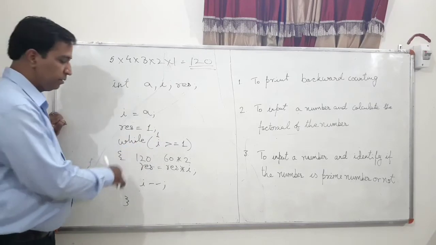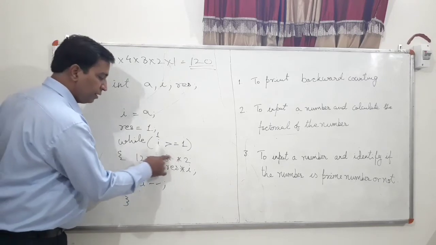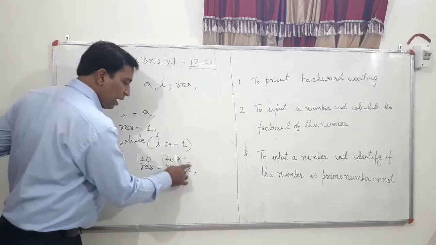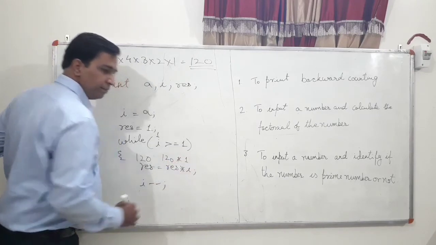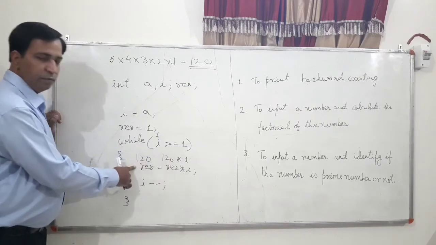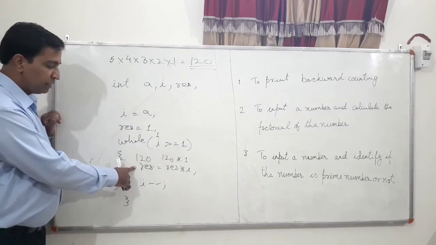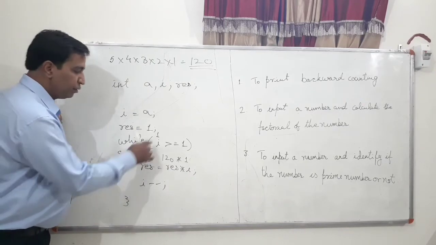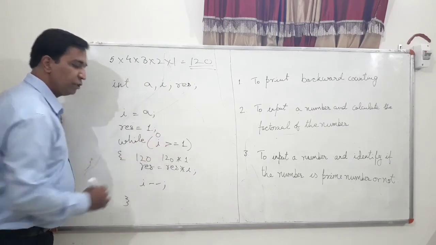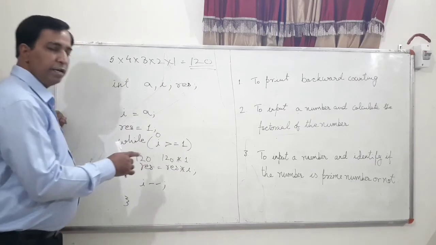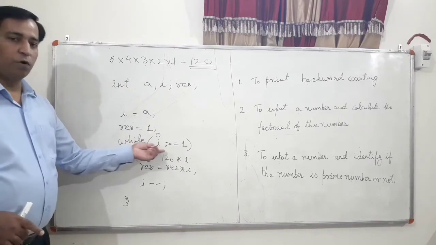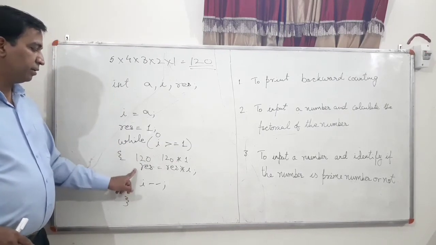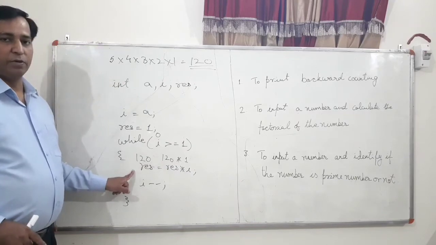1 equal to 1. True. It's going to come inside. Now here result is holding 120 and I is holding 1. Okay, the calculation will be stored in result only, which is going to be 120 itself. I's value is going to be reduced. I will hold 0. Now 0 is greater than or equal to 1. It is going to come false and the loop will terminate. And after this loop, we can display result's value.